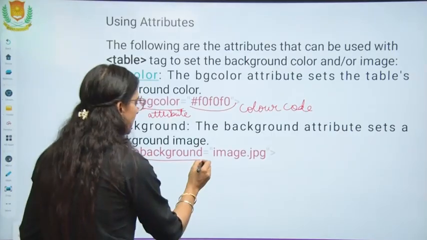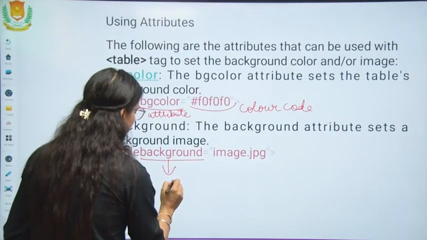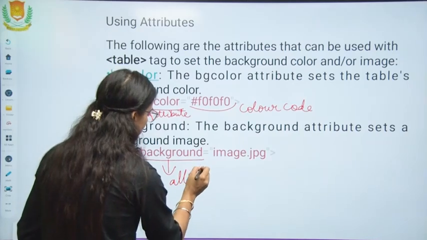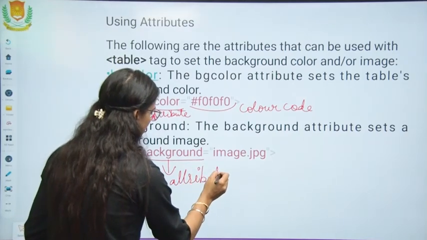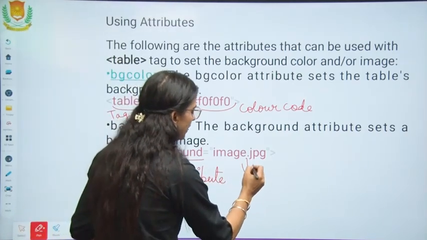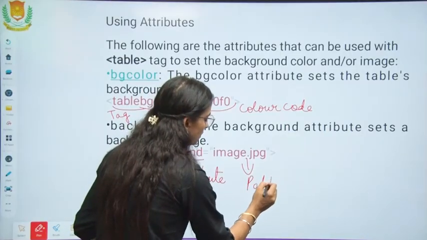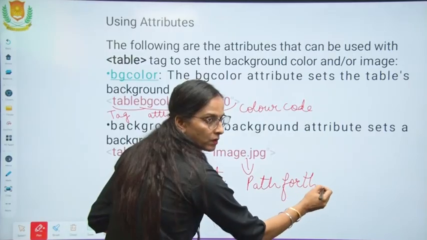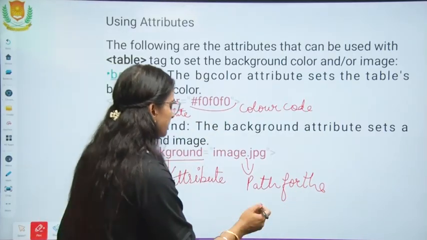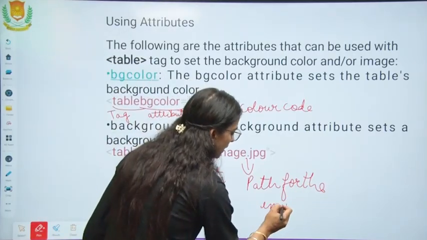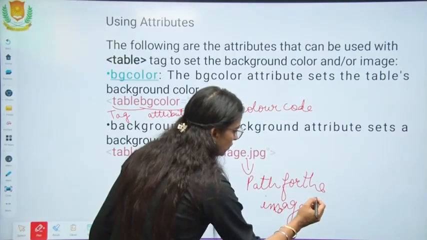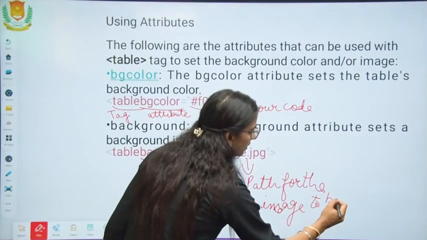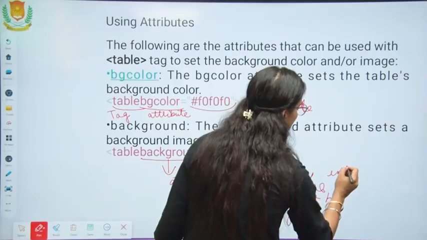This is the attribute, and this is the path for the image to be inserted.